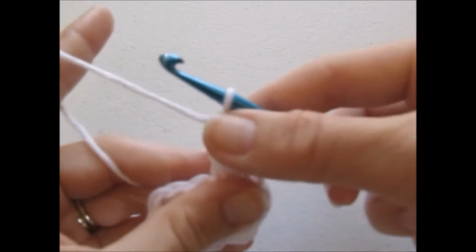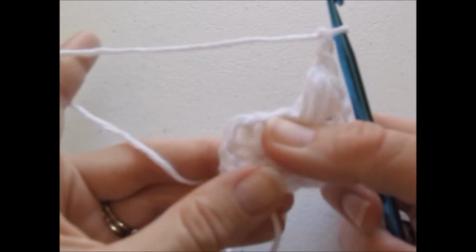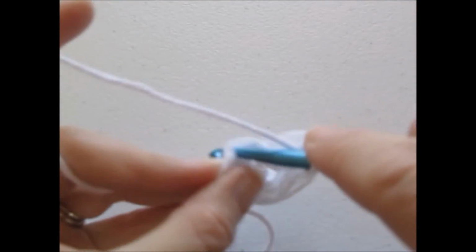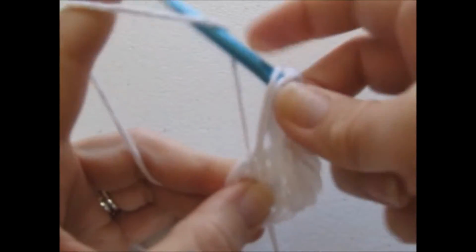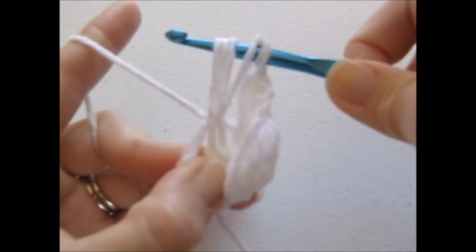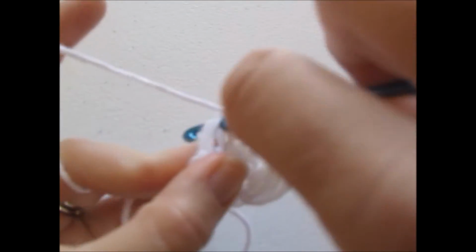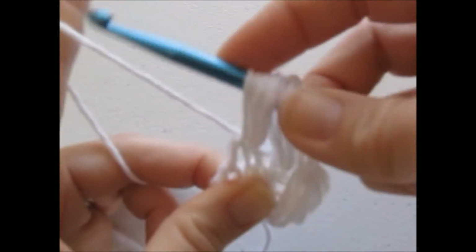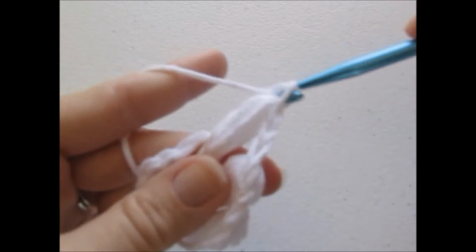Chain 1 to secure the top of that. Chain 1 because we're going to skip the next stitch. Yarn over, put it through the next, pull that yarn through and up, yarn over, insert the hook, yarn over and pull it through and up, yarn over, insert your hook, yarn over and pull it through and up, yarn over, pull it through all 7, chain 1 to secure it,